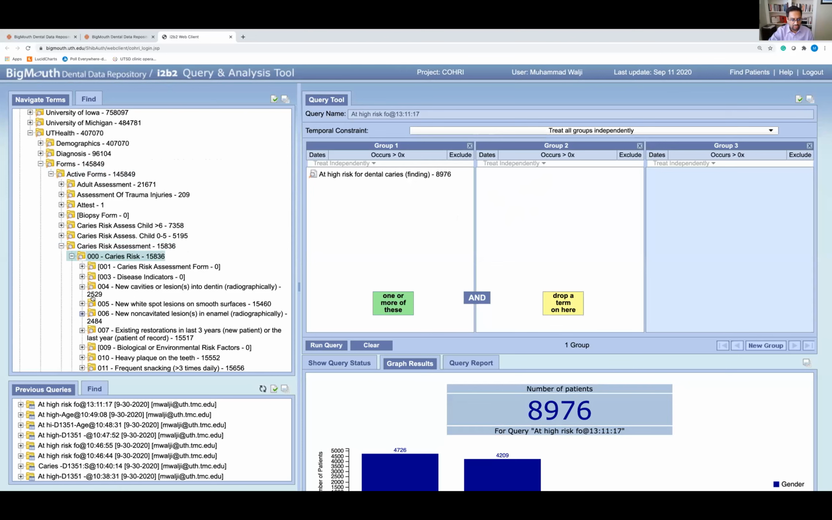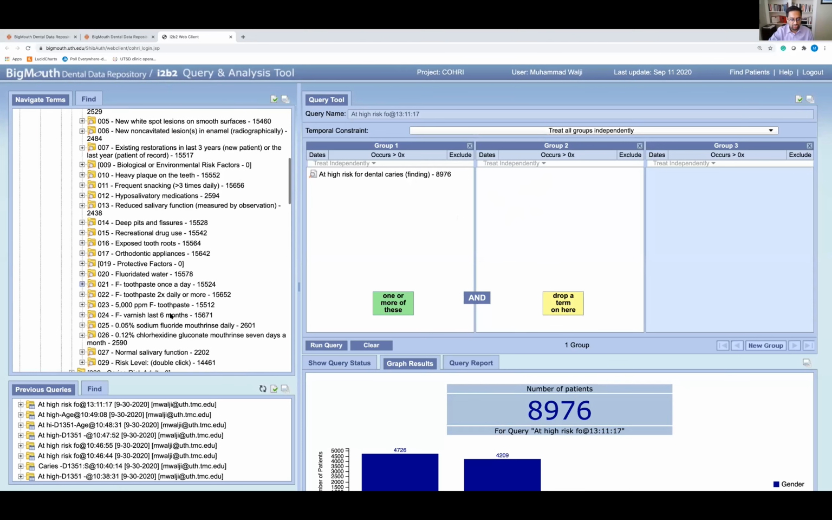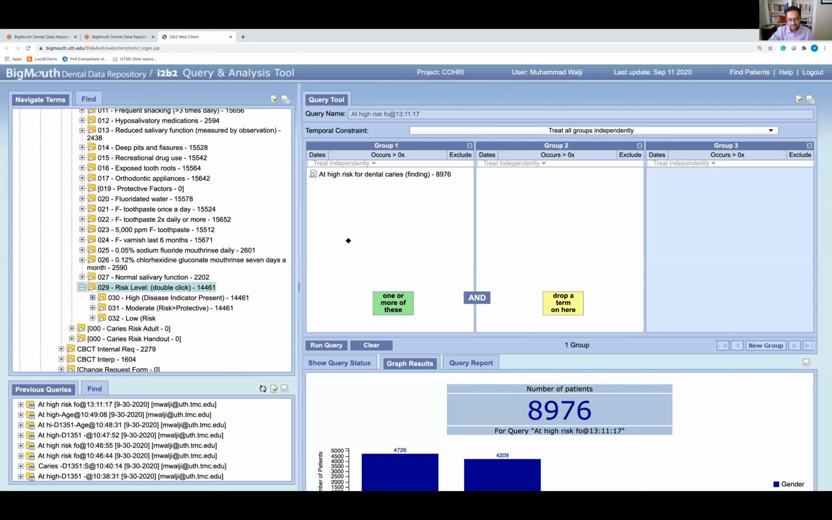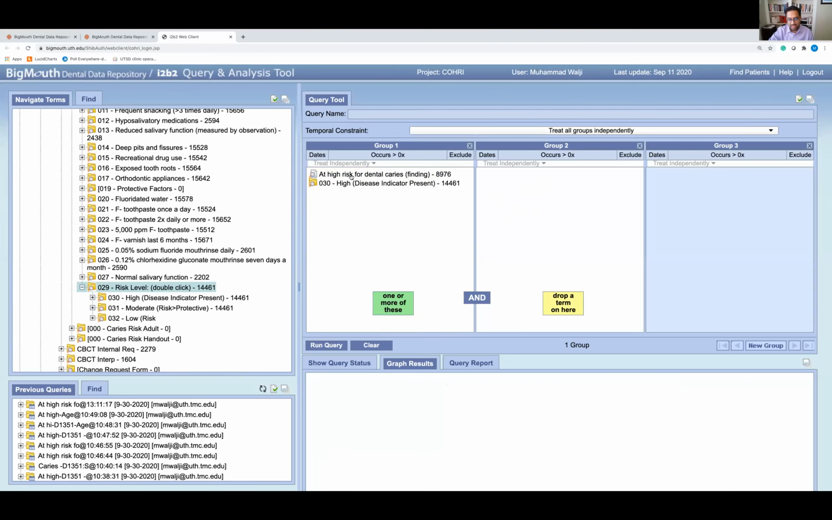And I'm going to go right to the end of the form, where the actual risk level is selected. I'm interested in just high, so I'm going to add that in here. Now it's saying, give me all patients who have dental caries as a final diagnosis, and also that indicator as well. Actually, I made a mistake here. So I'm going to remove this, delete this, and say yes to high risk,